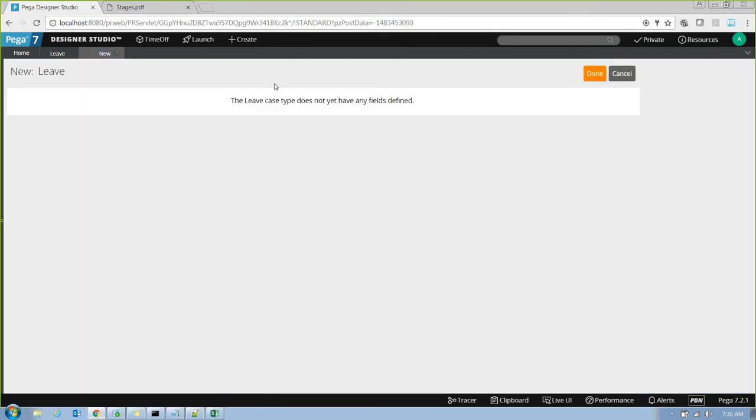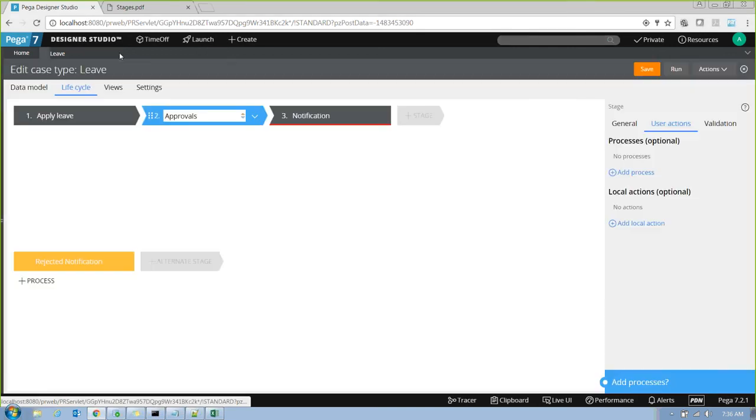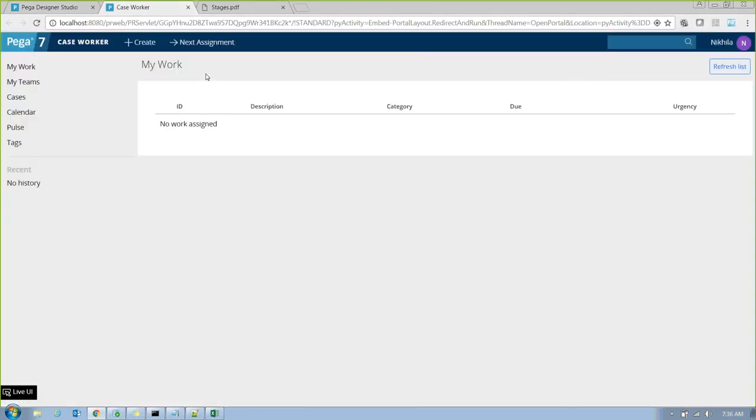Nothing is defined, right? So nothing is coming. Or you can also see the end user portal from your launch user. So that shows the end user portal, but you can't create cases yet. Okay? So you can launch the user portal like this. You can launch it, but you can't create cases.